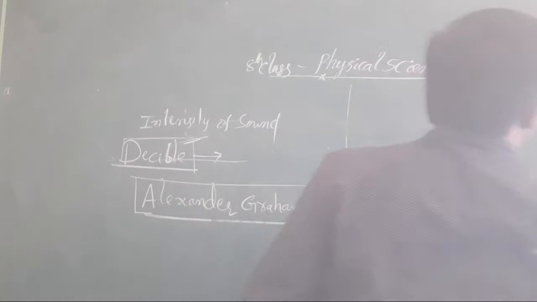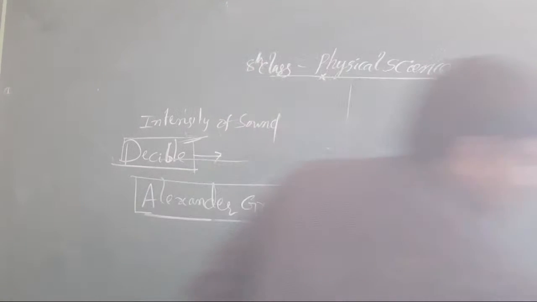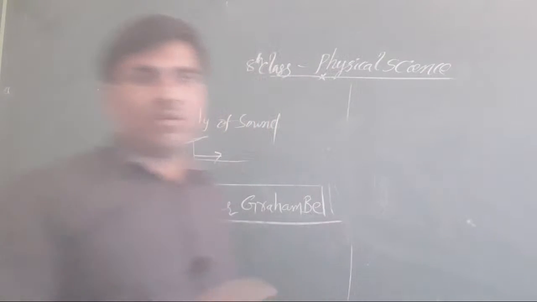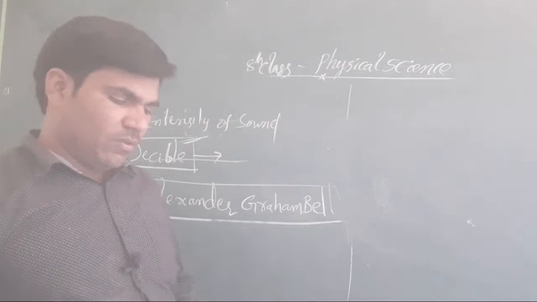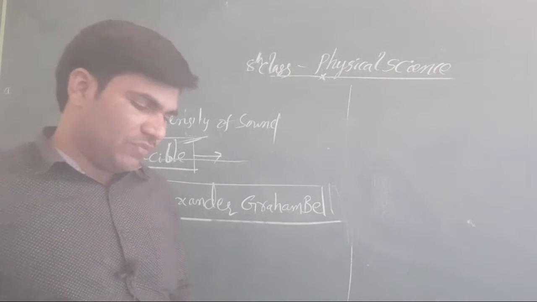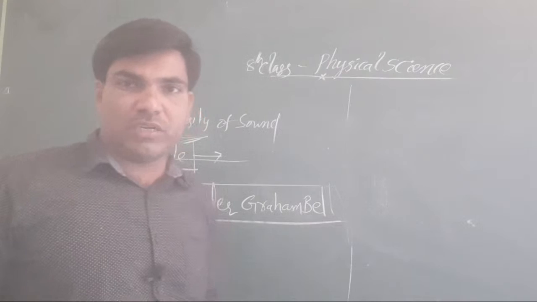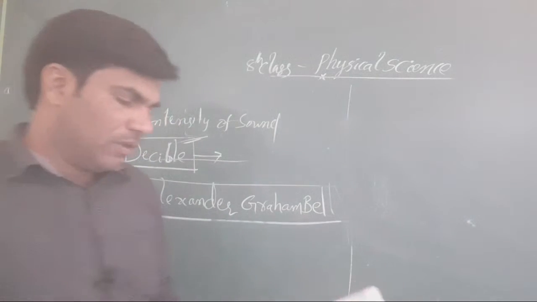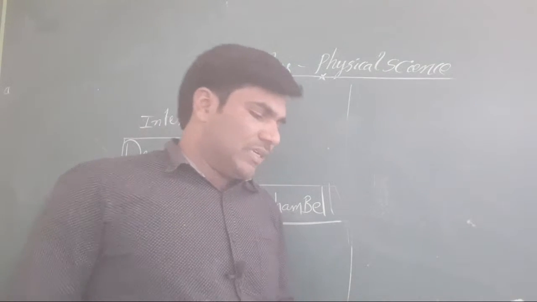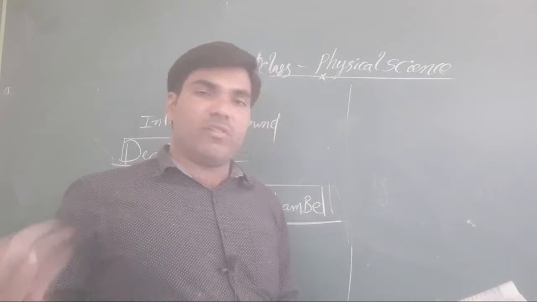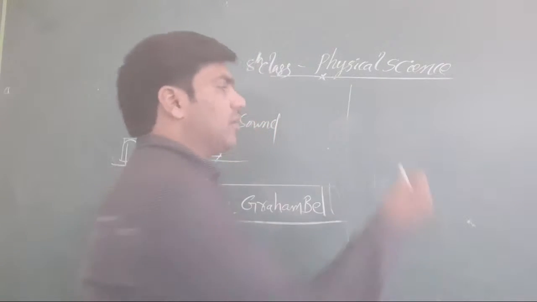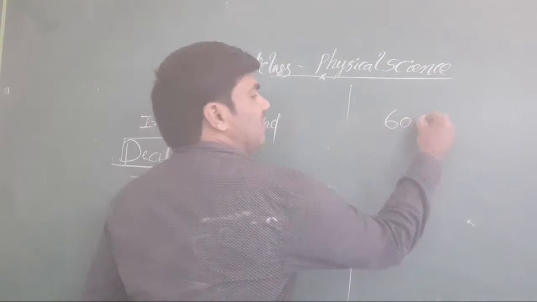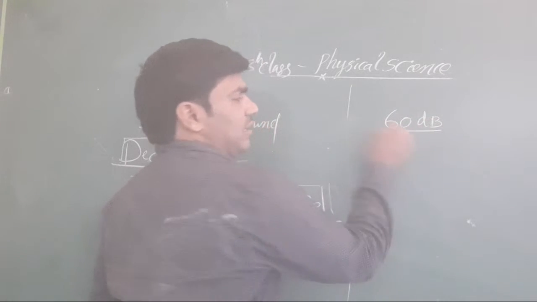Clear or not, all the students? What is the problem given? A comparison of decibels is given here. Compute in the following way. You have to find the numerical answer. The problem is: how many times is a car horn more powerful than normal conversation? Normal conversation is how much? It is 60 decibels only.